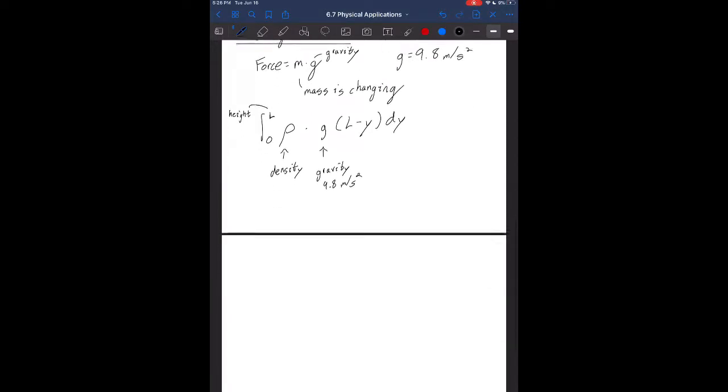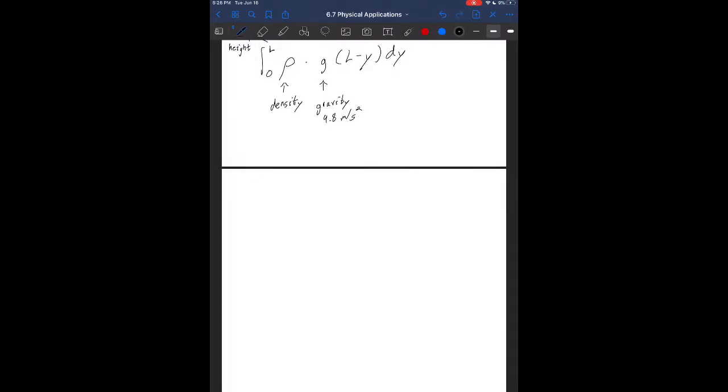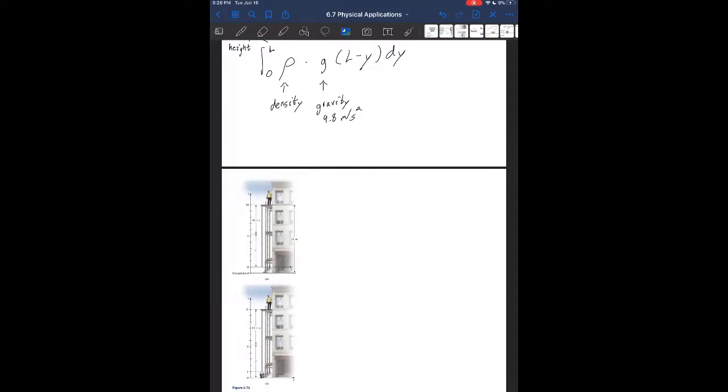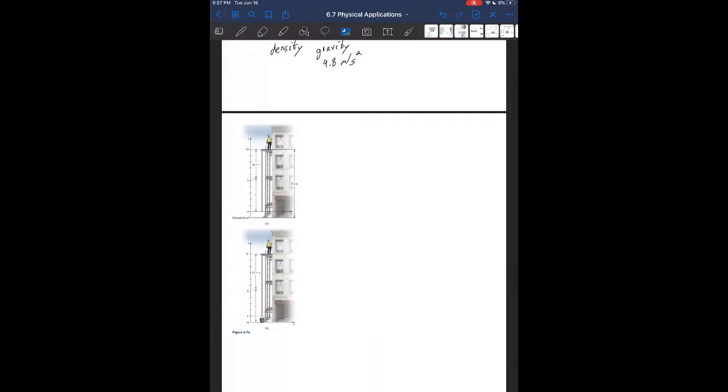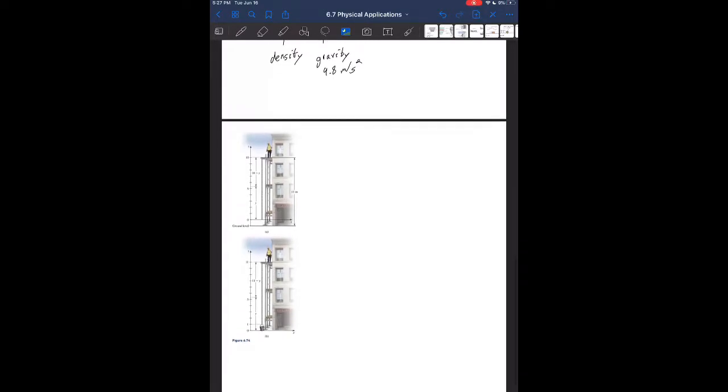Okay, so just jumping straight into an example for this, which they drew a nice picture of in the book. Let's say that we have a chain, like I was talking about before, that we are lifting up 10 meters, and we would like to know how much force this is going to take. So in particular, we are lifting a chain